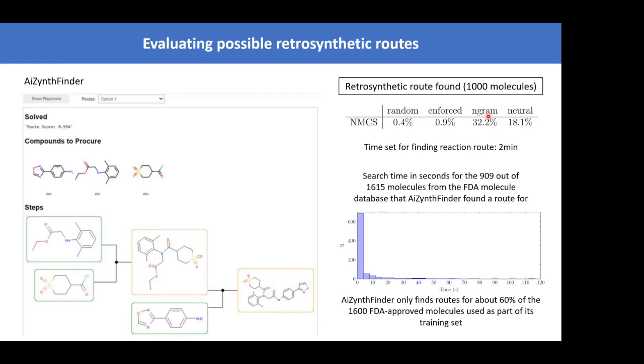And when we apply this algorithm to our molecules, the algorithm predicts that 32.2% of the molecules would be easily synthesizable. So that looks low until you discover that although the algorithm has been trained on the FDA, if you then take the FDA compounds and ask the algorithm, can you retrosynthesize them? Only 60% of the FDA compounds can be retrosynthesized. So it tells you that actually 32.2% is not bad. And again, this figure is higher than the figure obtained for existing neural networks.